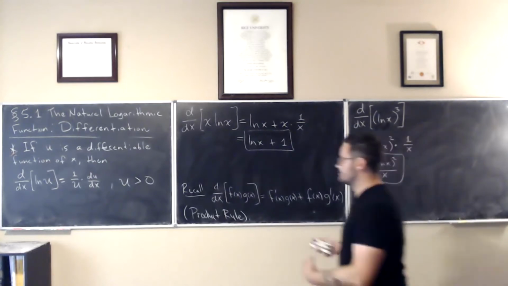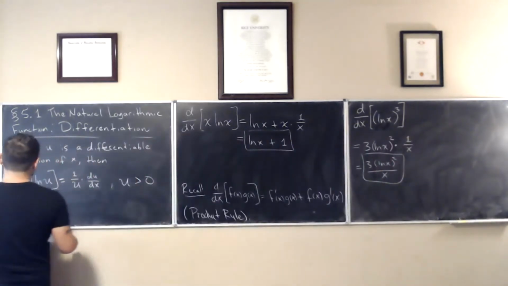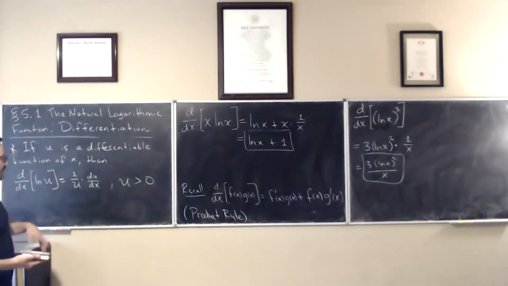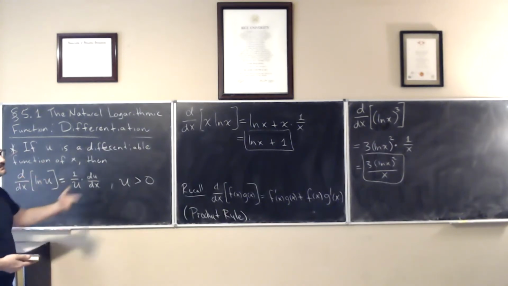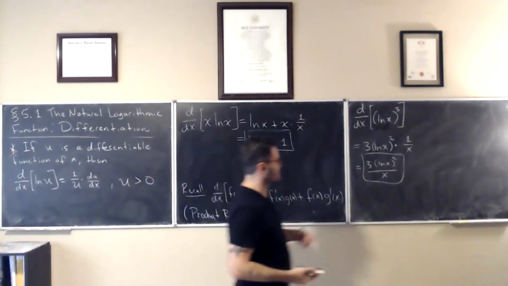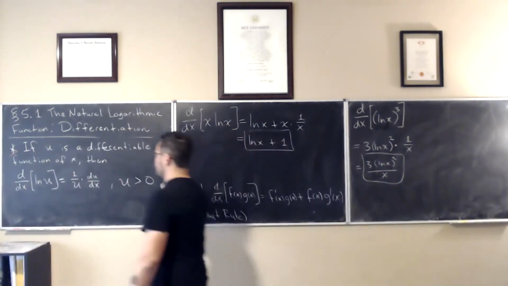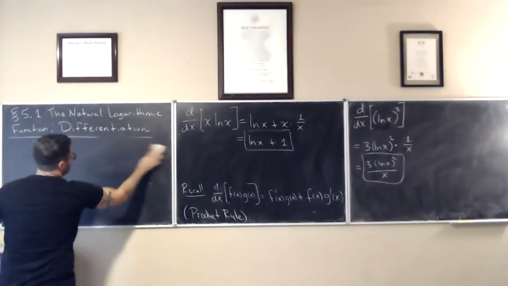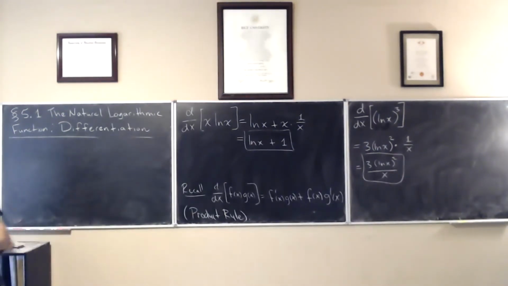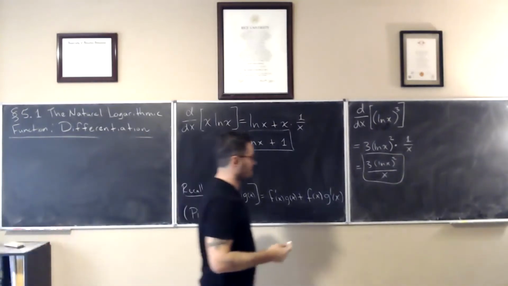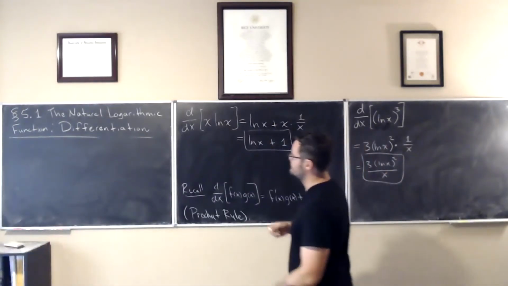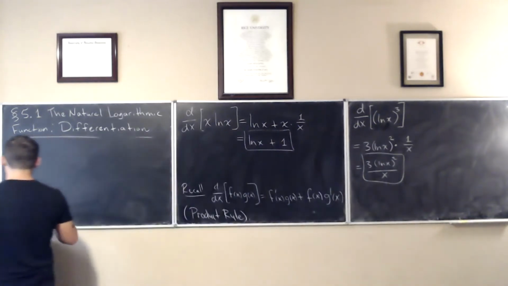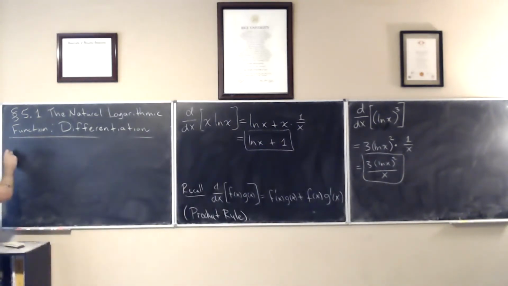Okay, so these were just applying what we derived from the definition using the fundamental theorem of calculus that I wrote down earlier, just applying this bullet point to find the derivative of functions involving the natural logarithmic function. So now that we understand the mechanics of taking these derivatives, we probably need to study the function a little bit more. In particular,